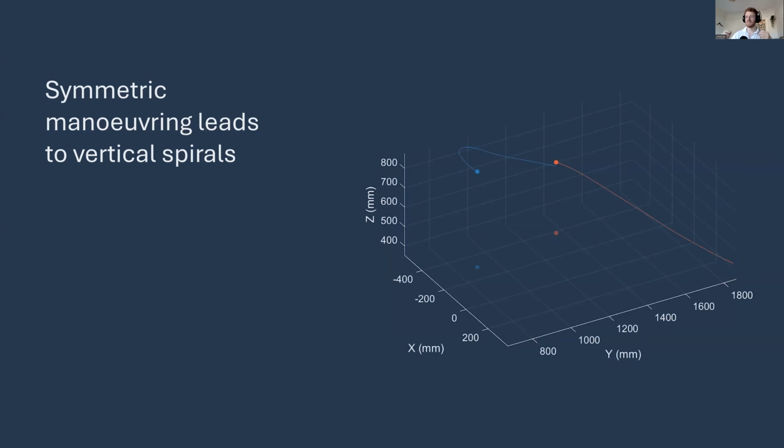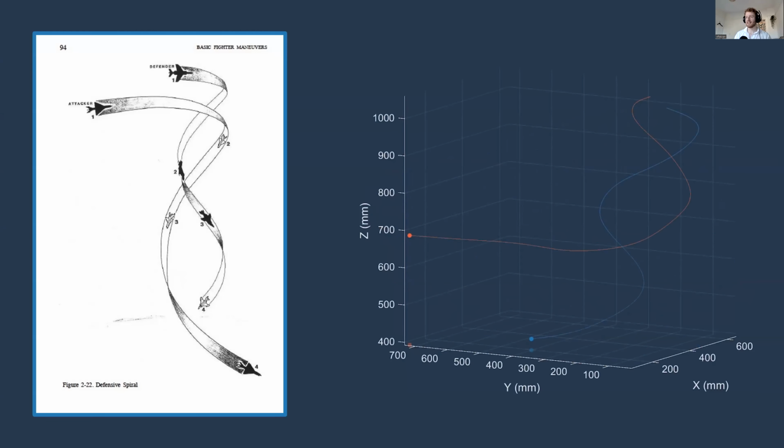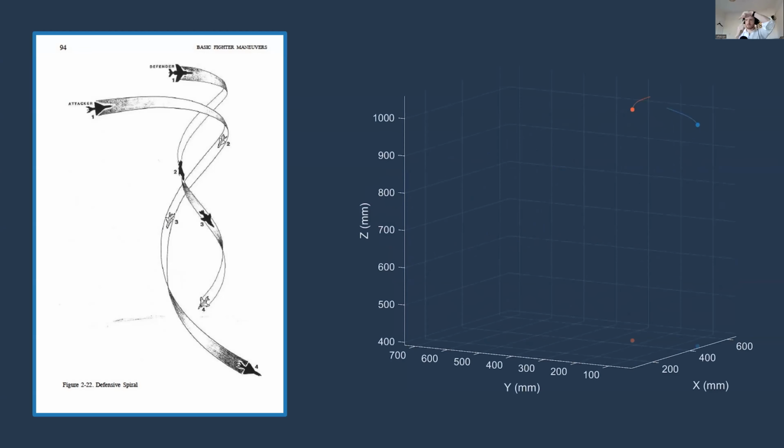This is symmetric maneuvering again. This is the two individuals that are mutually able to interact, spiraling around each other. We've seen it in the houseflies, and it's mirrored in flying a plane. It's also mirrored in dragonflies. And actually, I would urge you, when you're out and about, or if you have houseflies cruising underneath your lampshade and you might get a little bit annoyed at them, just watch them for long and you'll see these spirals.